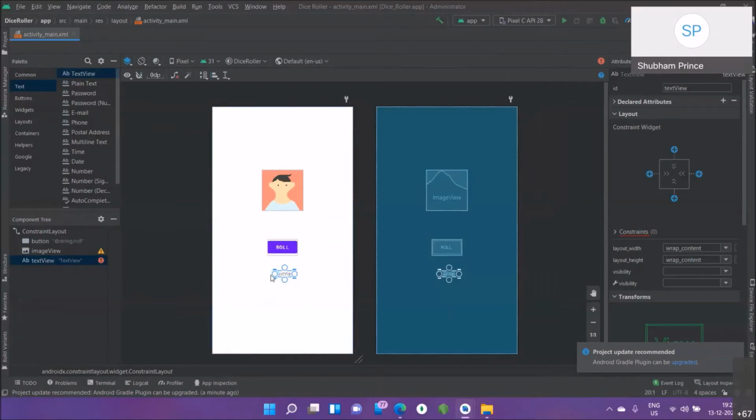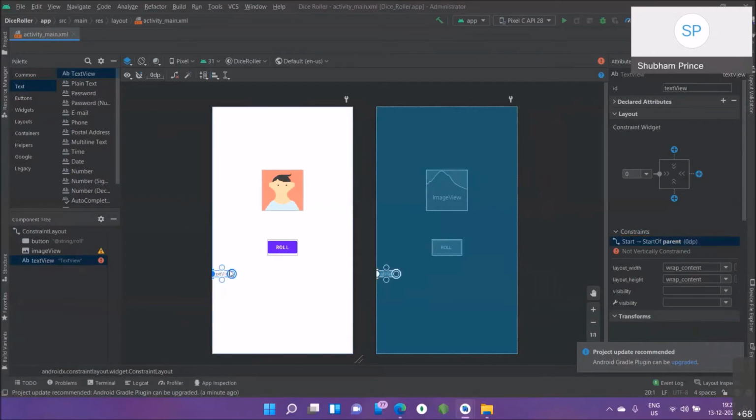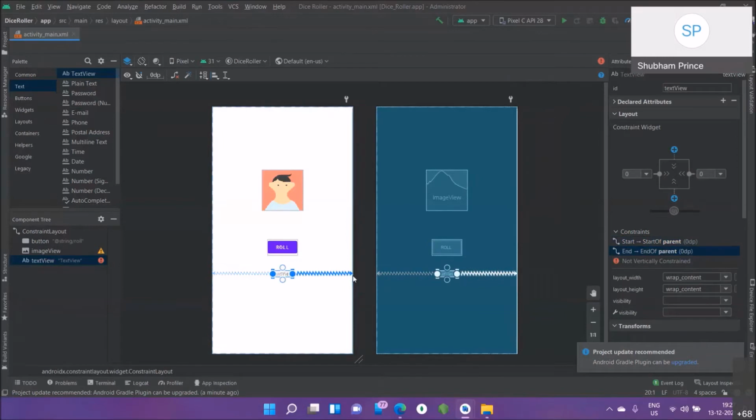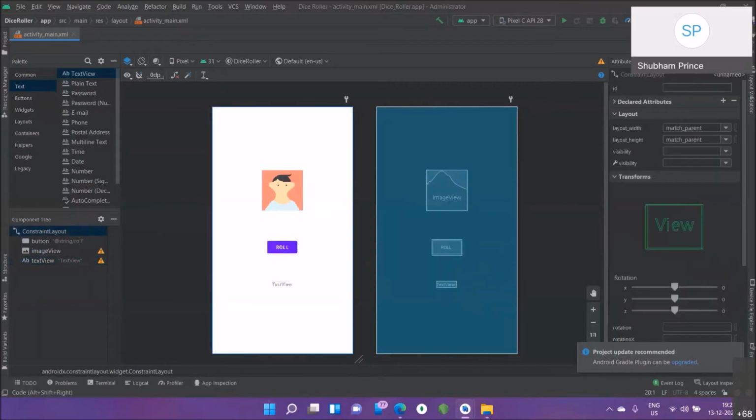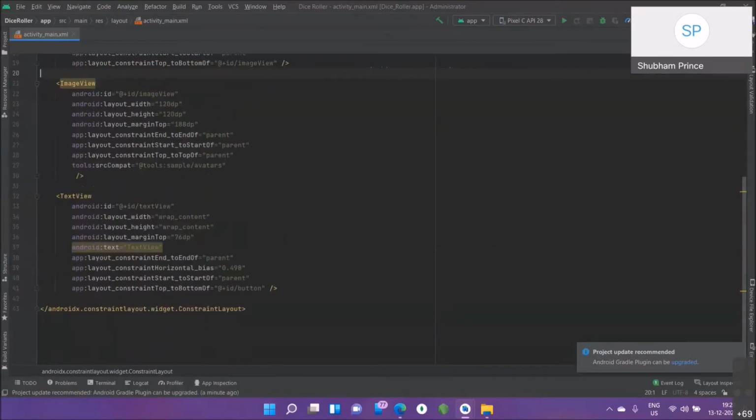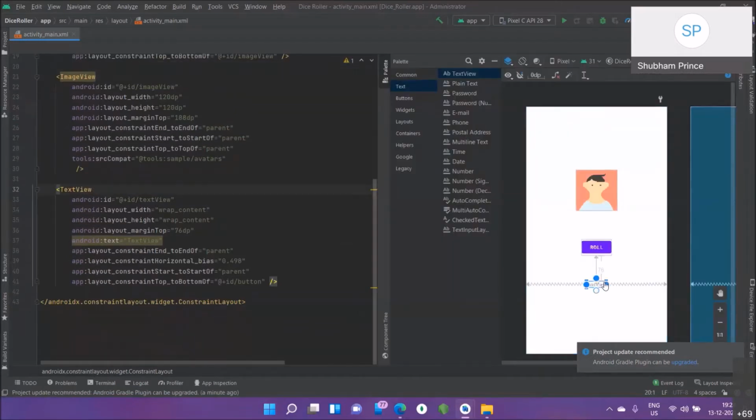Now what I have to do is make sure that it does not float around while running. While we are running our application, it should not float here and there, on the x-axis and y-axis. Now it is in the center. Now I will choose the parent as this button, and then drag it to a certain distance, say 76. Now you can see that the code is automatically added.